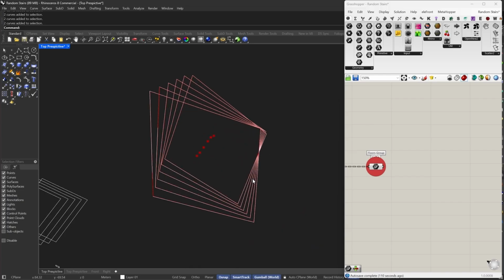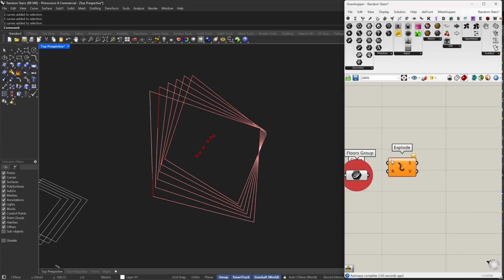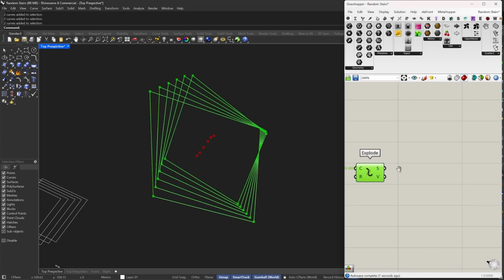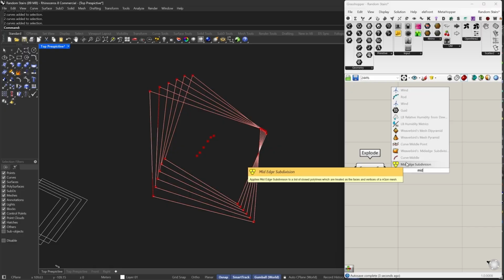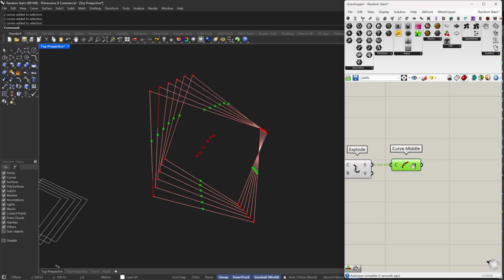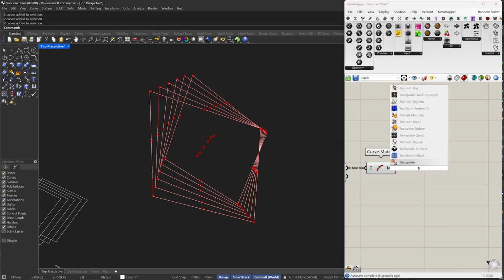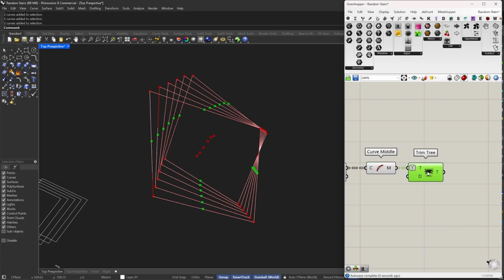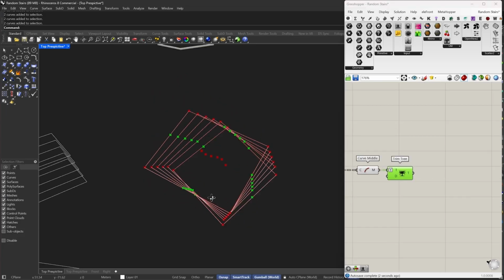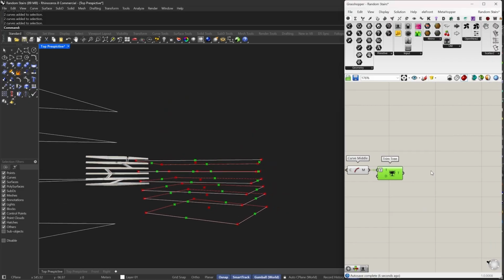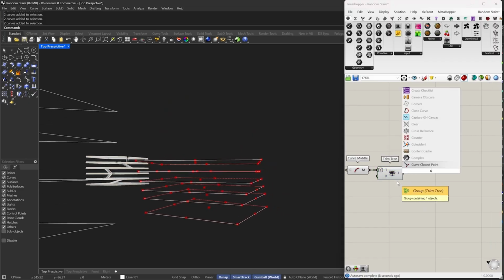So the first thing I want to do is to create the circle in the middle. So I'm going to explode all of these and get the midpoints for all of them. Right now they are 4 on each, so I'm going to trim back. Once I simplify and trim, I can see that they are 8, and if I use a circle fit,